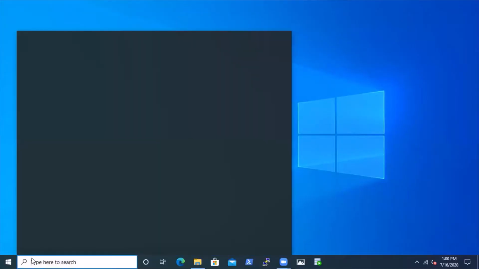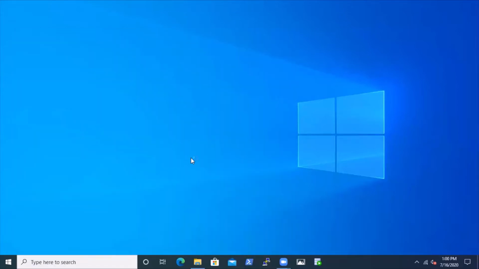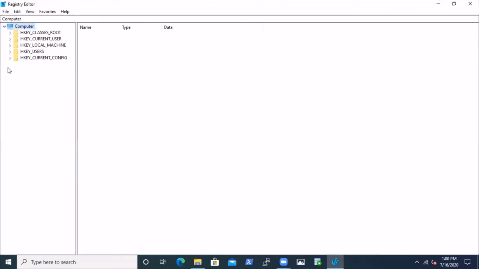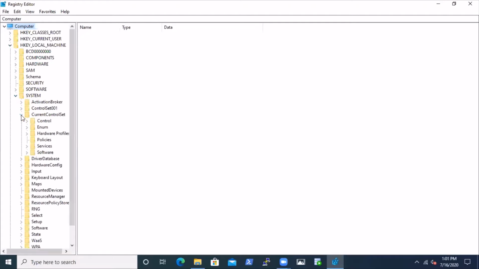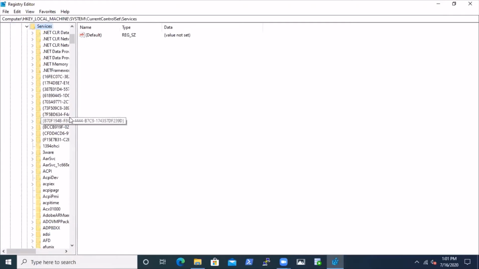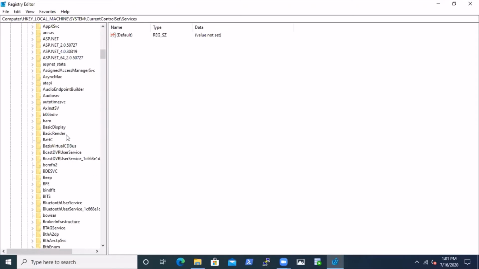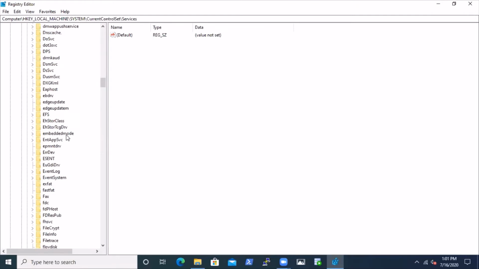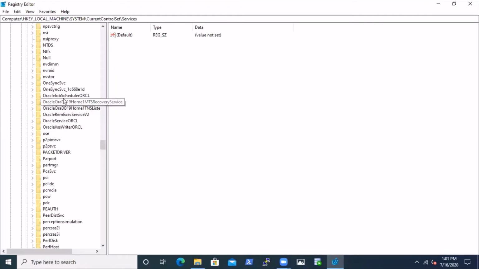So the next step is to delete the registry entries. So let's open the registry. First of all we'll go to the local machines. Now here we'll find around 7 entries which start with Oracle.